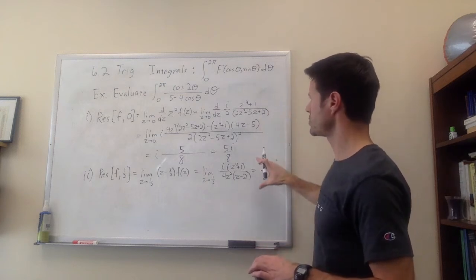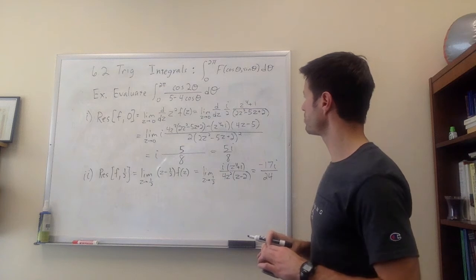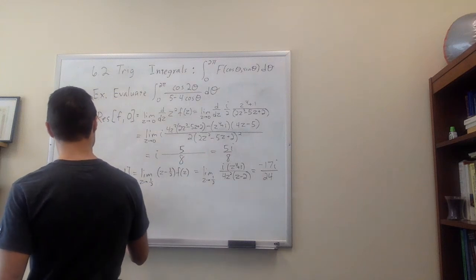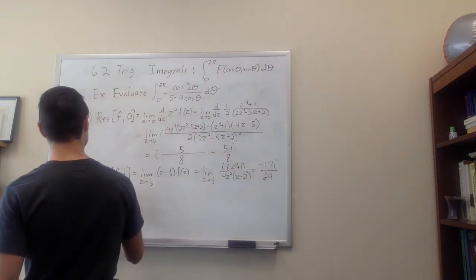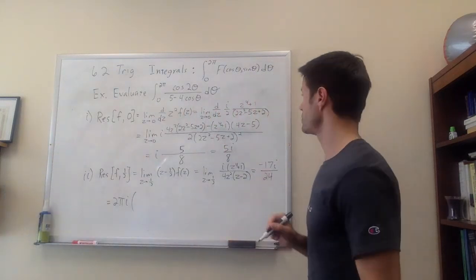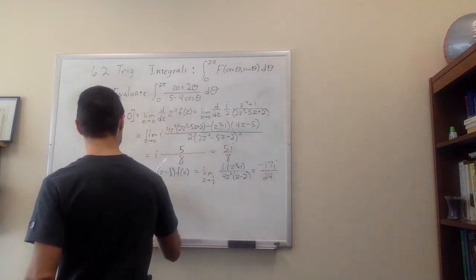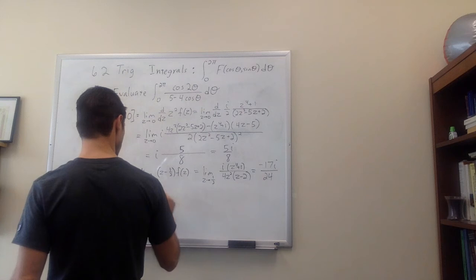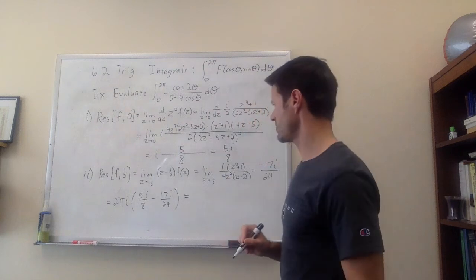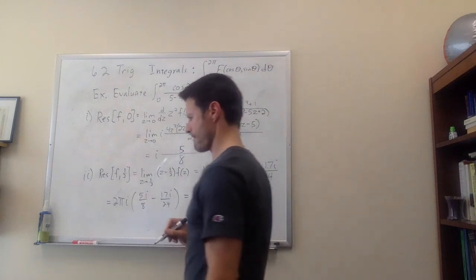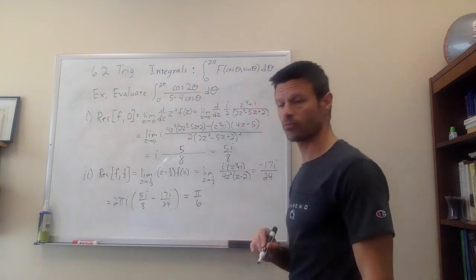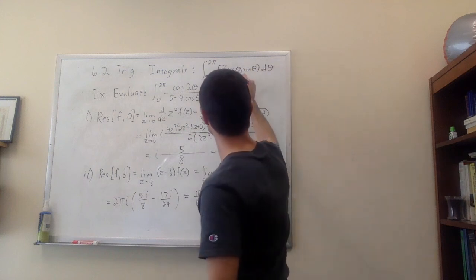So we've computed the 2 residues, and from what we wrote down previously, our integral was equal to 2 pi i times the sum of these 2 residues. So we have 5i over 8 minus 17i over 24. If we simplify this expression, the result is pi over 6. So this integral here is equal to